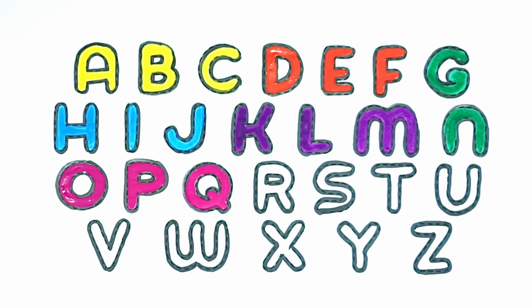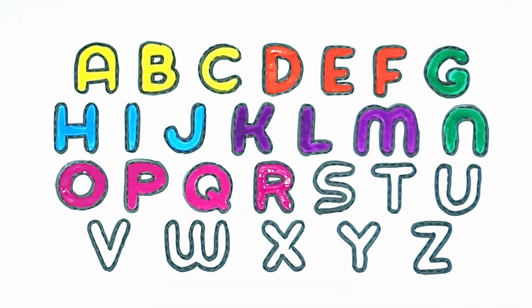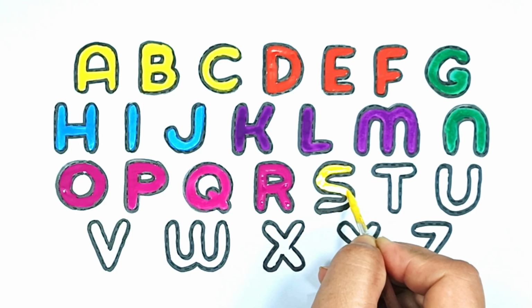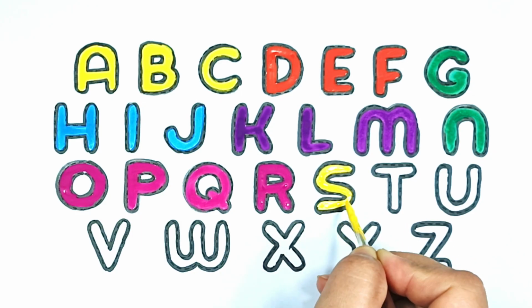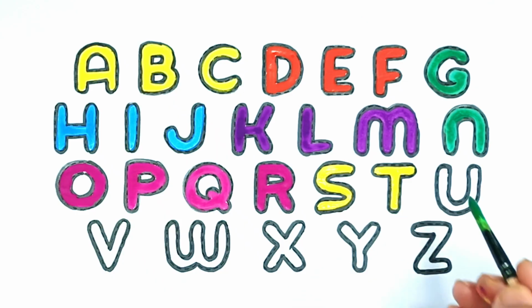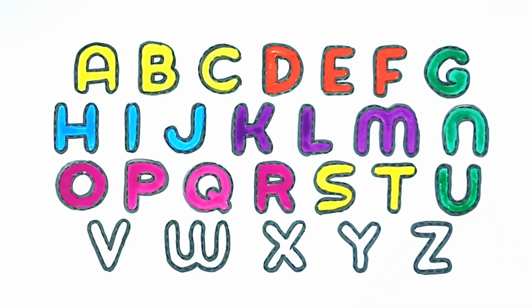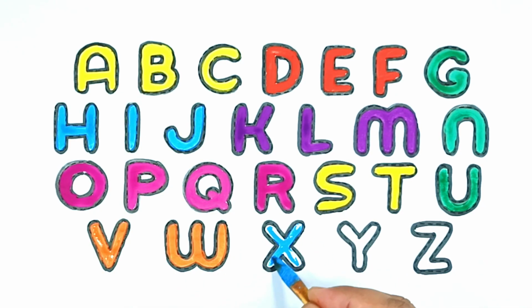Q for queen, R for ring, S for star, T for train, U for umbrella, V for van, W for watch, X for xylophone, Y for yacht,